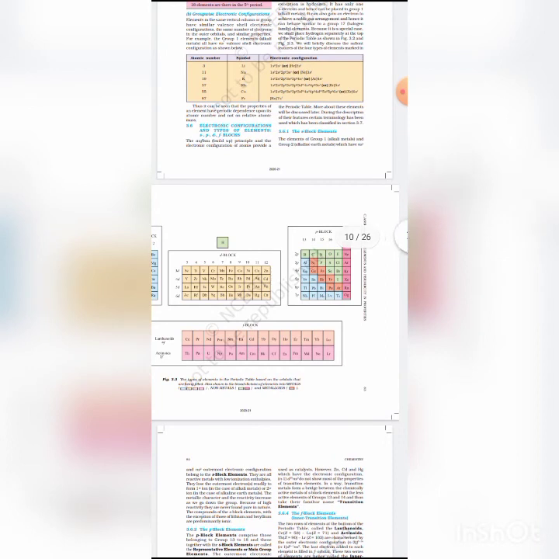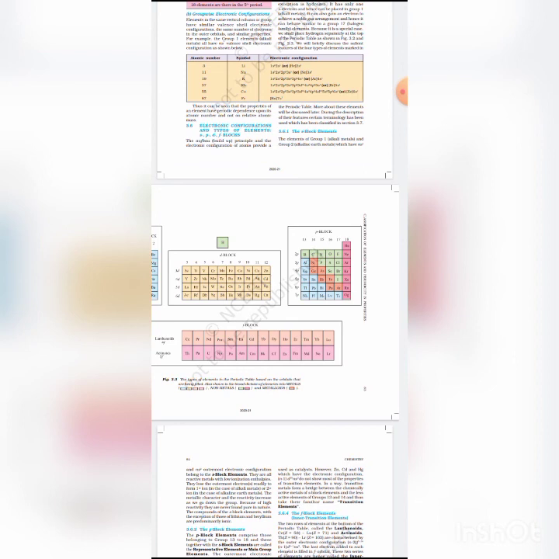Okay, electropositivity generally decreases down the group due to decrease in ionization energy of the elements moving down a group. Metallic character generally increases because of increasing atomic size and hence decrease in the ionization energy of elements in a group from top to bottom. Okay, non-metallic character generally decreases down a group because electronegativity of elements decreases from top to bottom in a group, and non-metallic character decreases in going down a group.